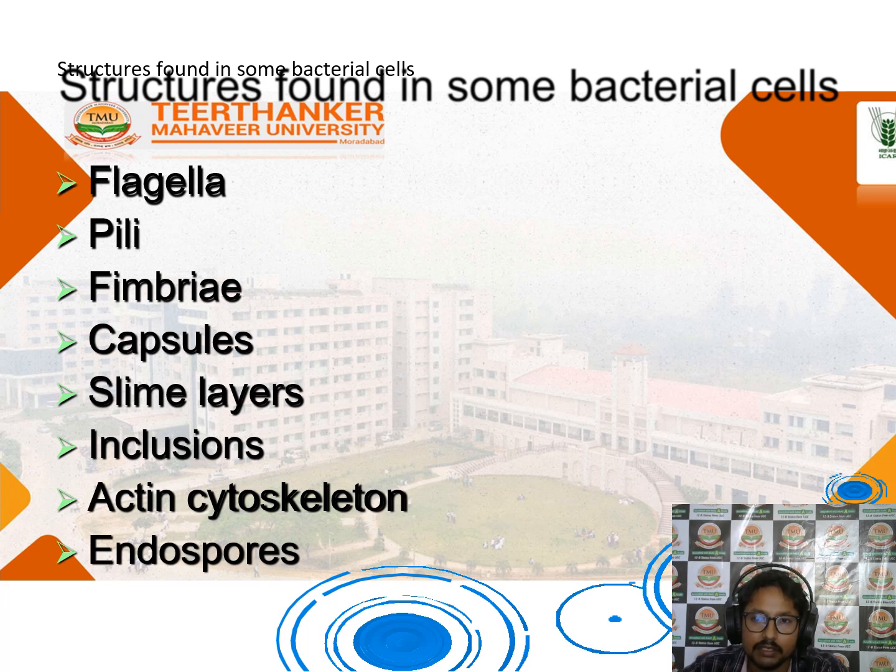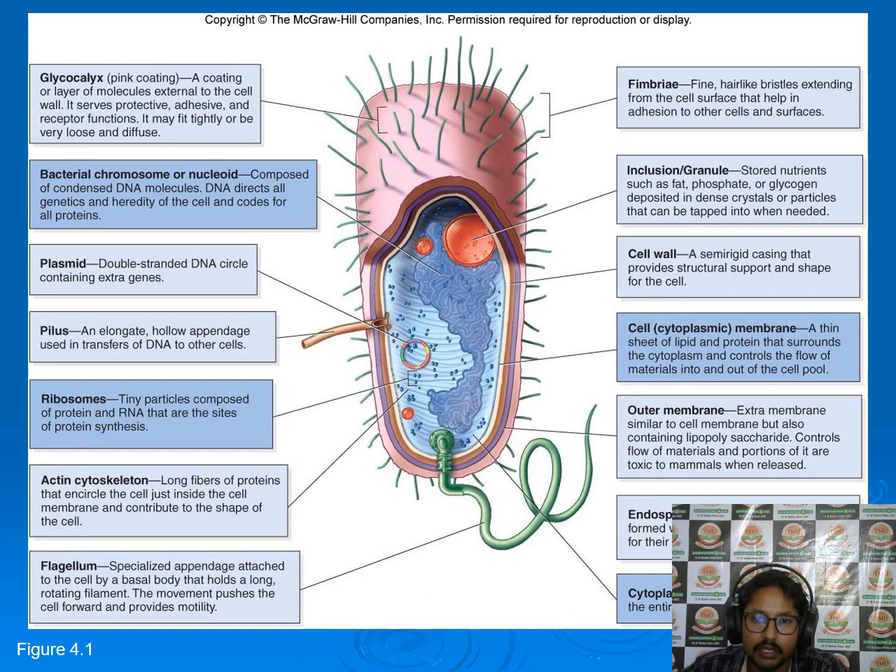The external structures found in bacterial cells are flagella, pili, fimbriae, capsules, slime layers, inclusions, actin cytoskeleton, and endospores. So here you can see the detailed functions of each